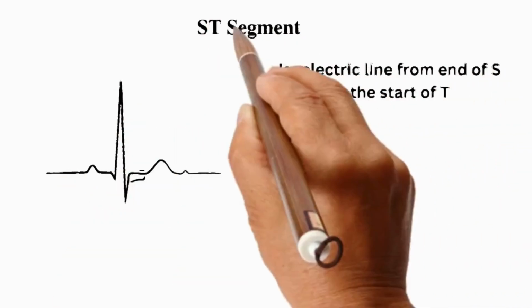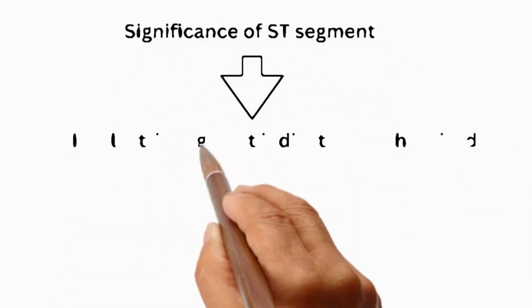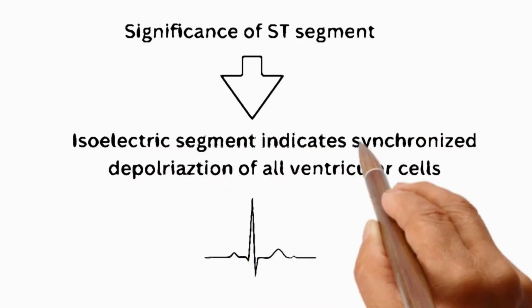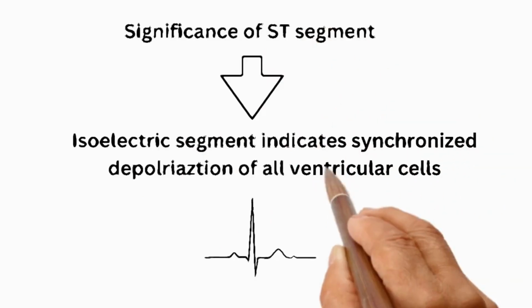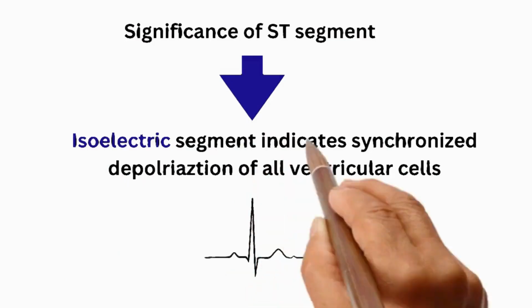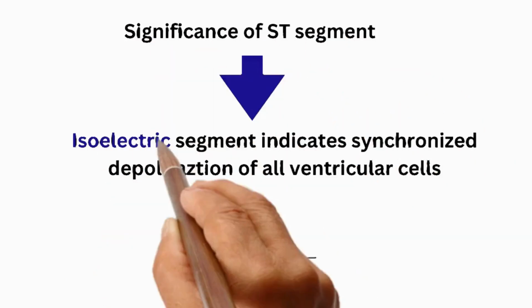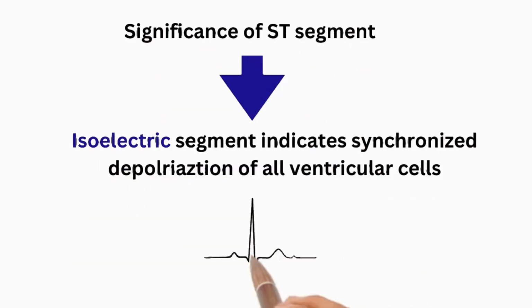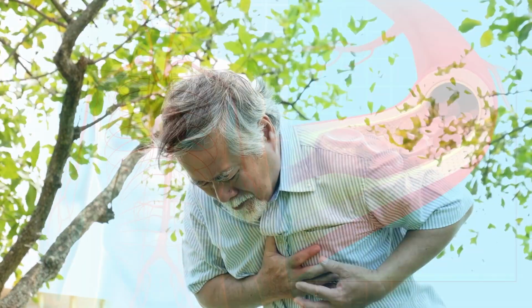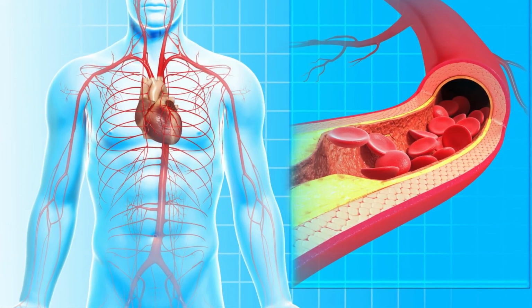The ST segment tells us about the condition of the cardiac muscle. In a normal healthy heart, this segment is usually flat, aligning with the baseline of the ECG. The reason for being flat in a normal heart is the fact that all cardiac muscle cells normally synchronously depolarize together and repolarize together. In conditions like myocardial ischemia, where the cardiac muscles are not getting sufficient blood supply, or